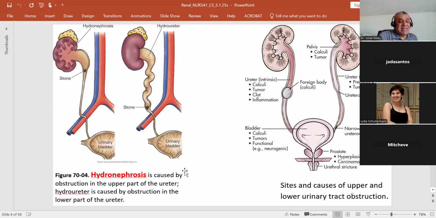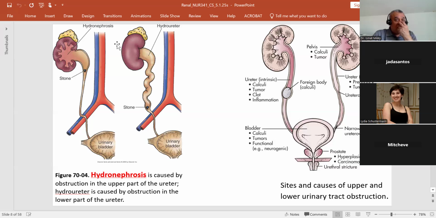When the urine is retained in the kidneys, that is called hydronephrosis. Actually, both of these are hydronephrosis because the urine is being collected within the kidneys. There is some obstruction right here, a stone obstructing the urine. It could be at the pelvis of the kidney or right next to it, either in the pelvis or at the beginning of the ureter, that still is going to result in